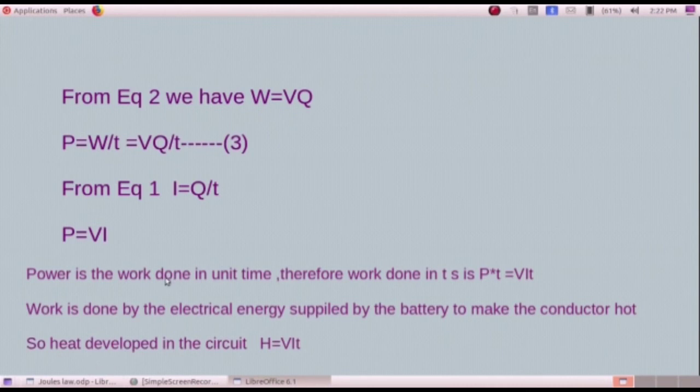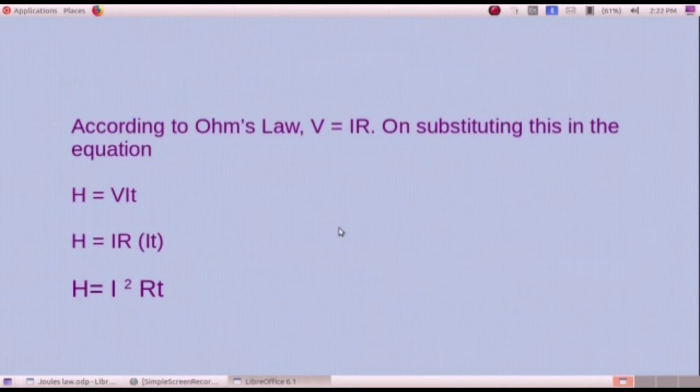Electrical energy is converted into heat energy. Therefore, H is equal to V into I into T. According to Ohm's law, V is equal to I into R. Substituting this in the equation H is equal to V into I into T,